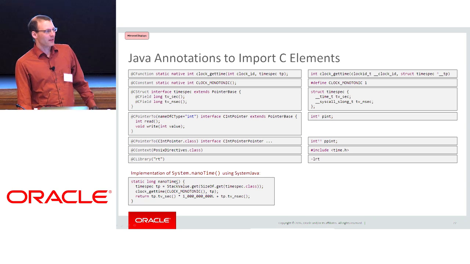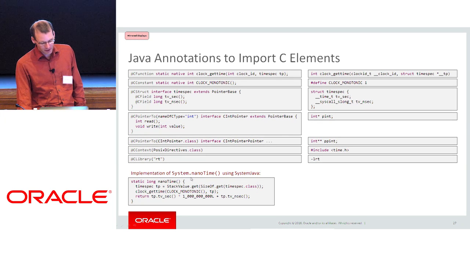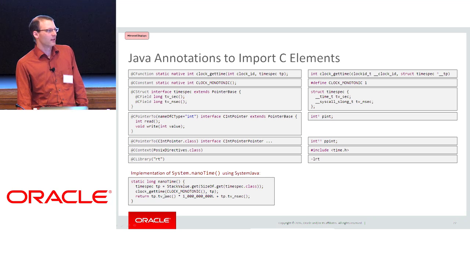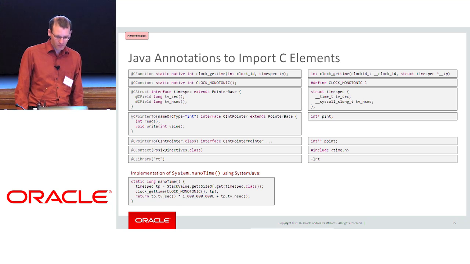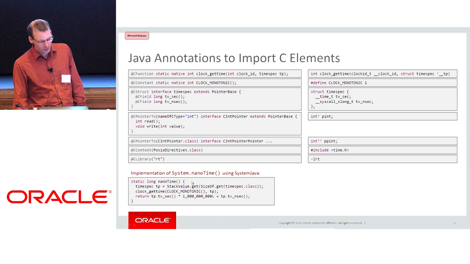But you don't get any memory safety, because you can still, of course, access null pointers and raw memory as you want. With this little snippet, we have the time spec structure imported to Java. We want to get the size of it. We want to allocate memory on our stack frame so that we can pass the pointer out to a C function. The C function returns, and then we access the elements of the C structure and sum them up correctly and return them. So that's code that with JNI you would usually write in C, and we write it in Java.